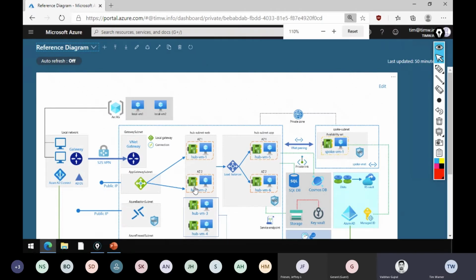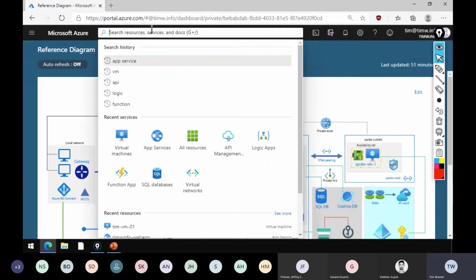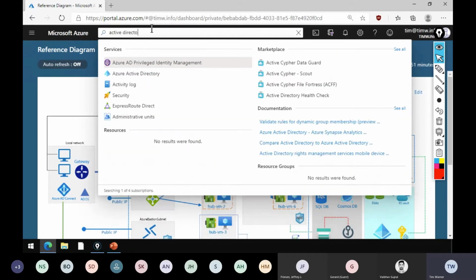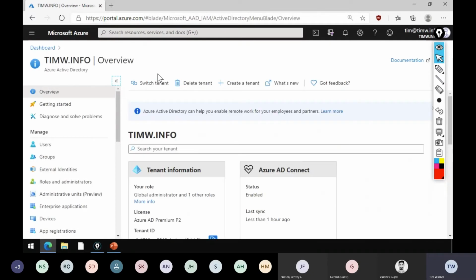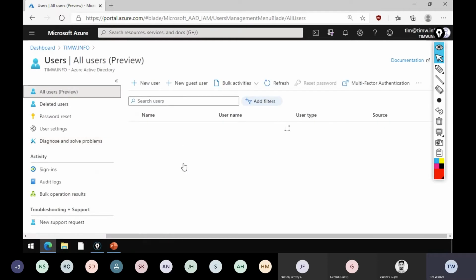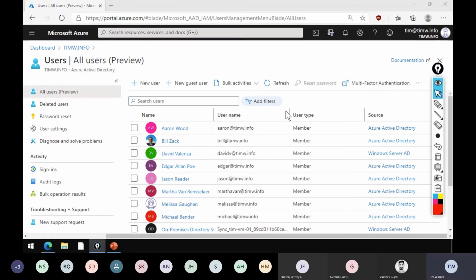Okay, so let's come into the tenant here. What was I going to do? Create a new tenant, transfers. Okay, right. So first there's the concept of multi-tenancy, the fact that Azure Active Directory is called a multi-tenant identity store. And I like to look at that through a couple different lenses. On one hand, it's multi-tenant because your users list may be associated with different domains, different organizations, because as I said, this is just a flat user pool. It's also multi-tenant because we can have more than one tenant associated in our environment.